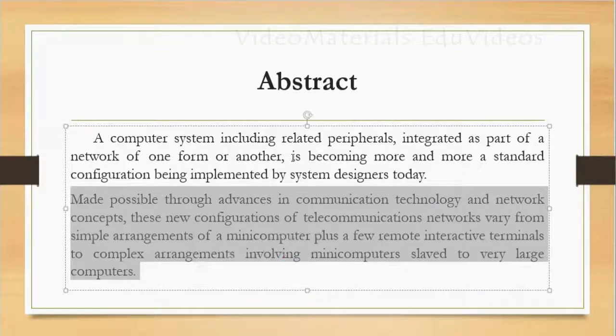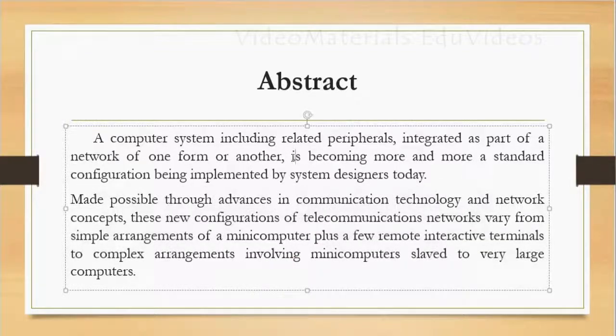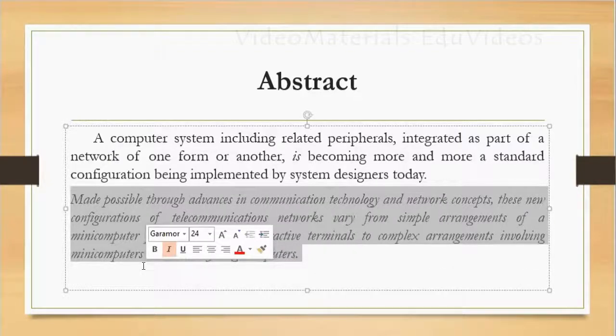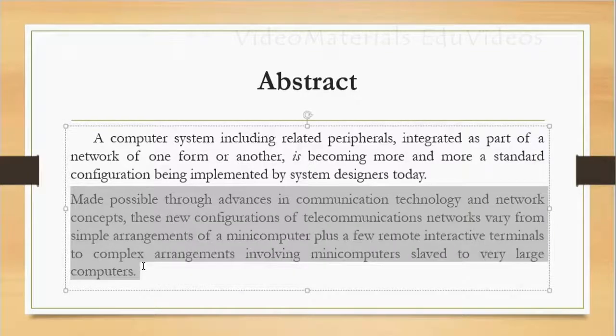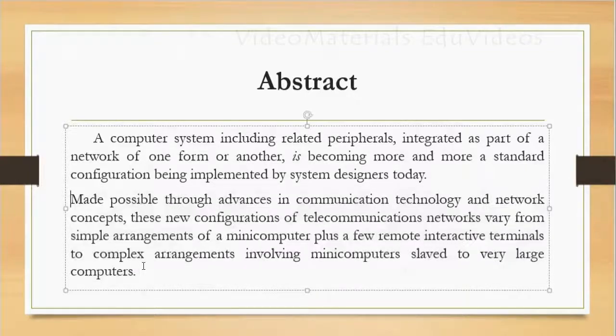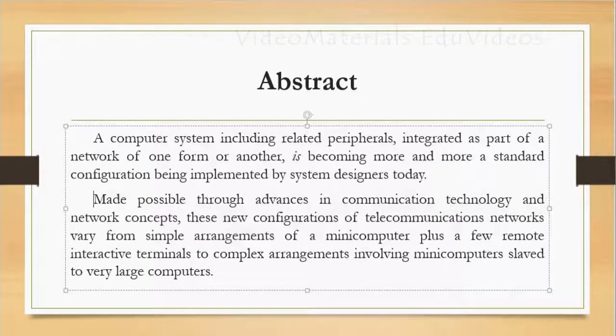For example, if I make this italic, and the cursor is blinking on this italic word, and I use format painter and apply it to this paragraph, it will be applied with italic. Likewise, we are going to apply format painting. Now I'm going to provide some tab space. You have to remember that in the abstract slide, don't keep bullets, just put paragraphs. That will be better to understand that it is an abstract.